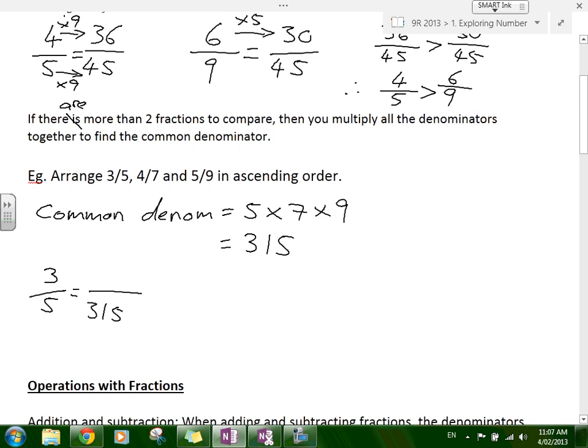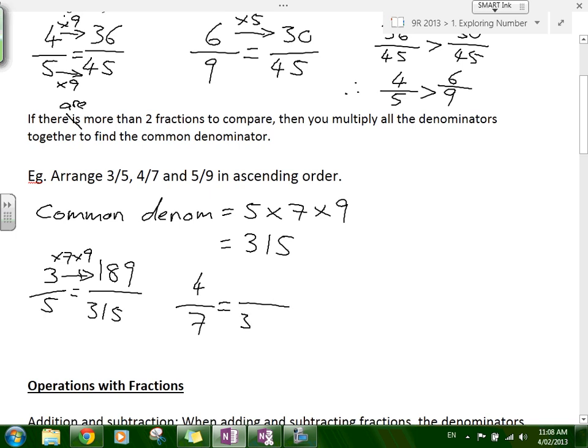How do you get from 5 to 315? We've already got the 5 here, so what's left? 7 and 9. So we have to do times 7 times 9. So what's 3 times 7 times 9? 189. Thank you. Okay, and then we've got the 4 over 7